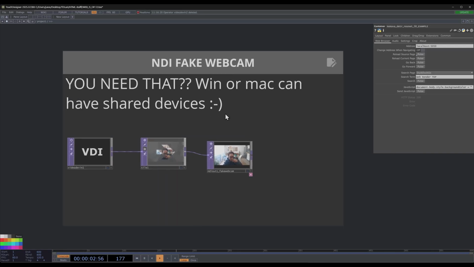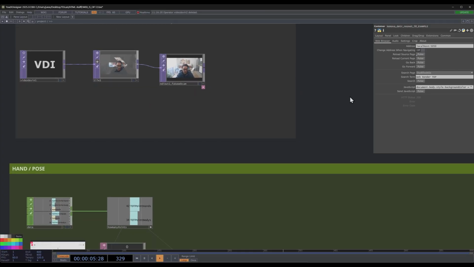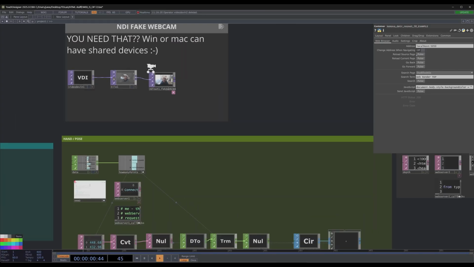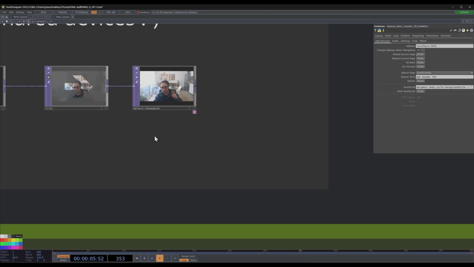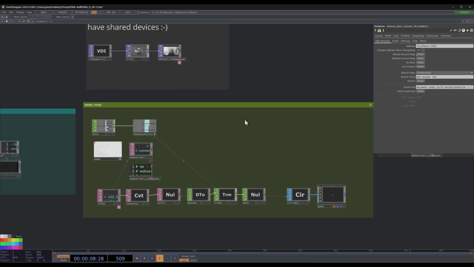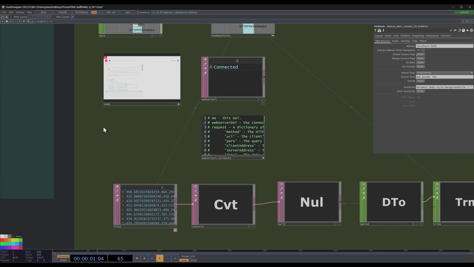Just go on camera and share from multiple software. Then you can have one webcam, multiple software. You don't need this, but maybe you want to throw the image from another computer. This is kind of handy if you want to do tracking. Okay,